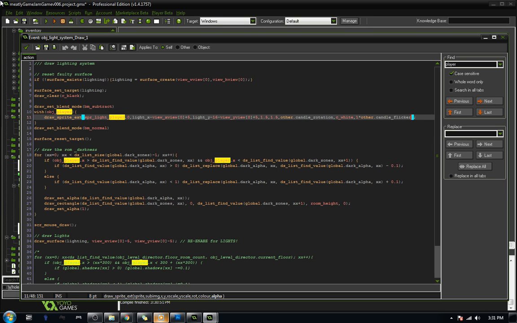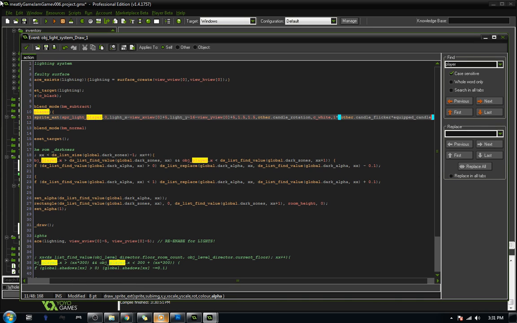Flicker multiplied by... obviously there should be no flicker if there is no candle. So if there is a candle, the flicker is going to be enabled, but I also need to do this. So 1 multiplied by